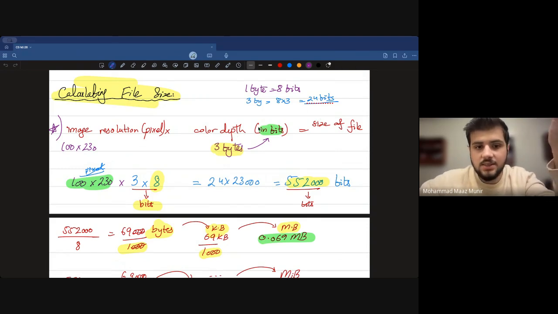And this would give you an answer in terms of what? It's going to give you the answer in terms of bits, right? And then we're going to convert it and so on. So we will be doing some past paper questions so that you can understand how to implement it the